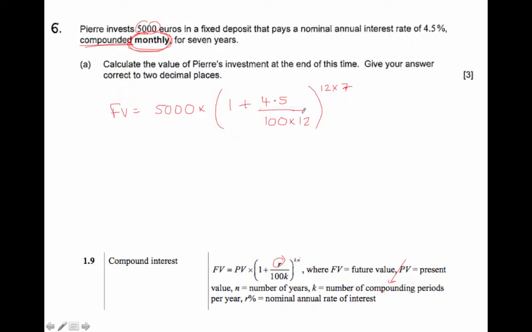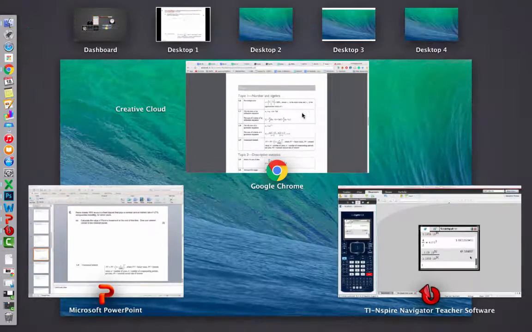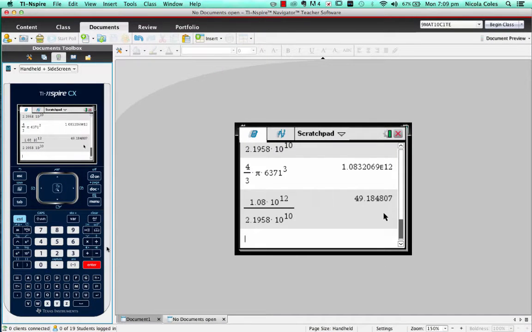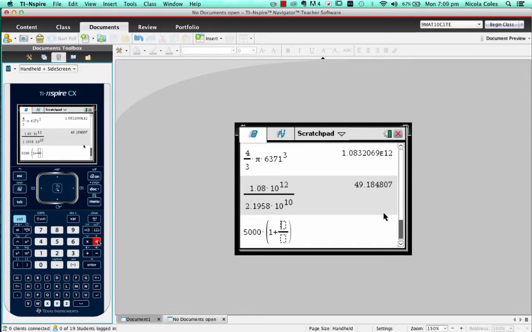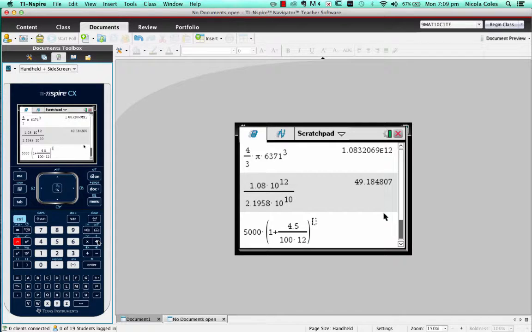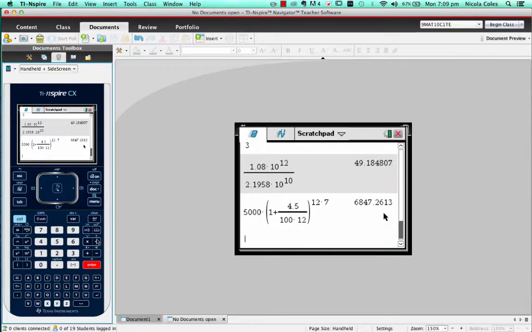So you had to put all of this into a calculator. Let's just do that, make sure we know what we're doing. So, what did I say? 5,000 times bracket 1 plus, as a fraction, 4.5 over 100 times 12, and then outside the bracket to the power of 12 times 7. Which gives you an answer of